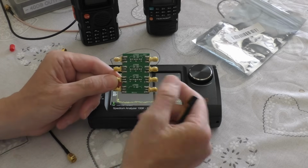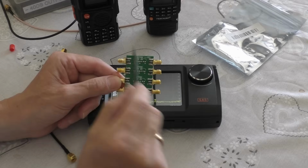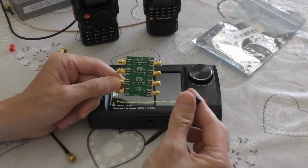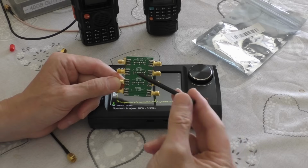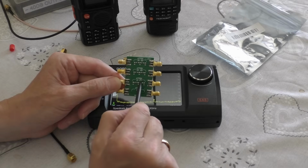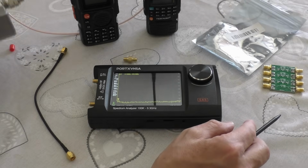Now it depends what radio you're going to use. I did a tiny bit of research before I got this in, and for the radios that I'm using on low power, I need to reduce the power by 40 to 50 dB. I could use this to get a 40. I could join the 30 and the 10 together, but I was looking around at what I've got,